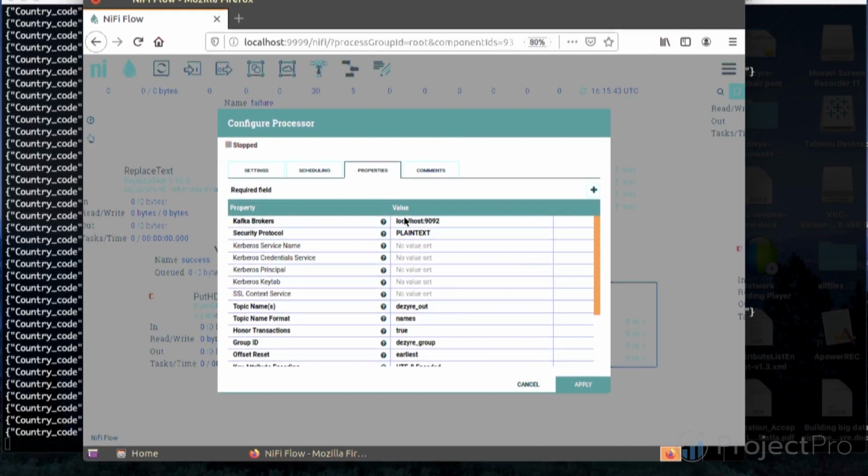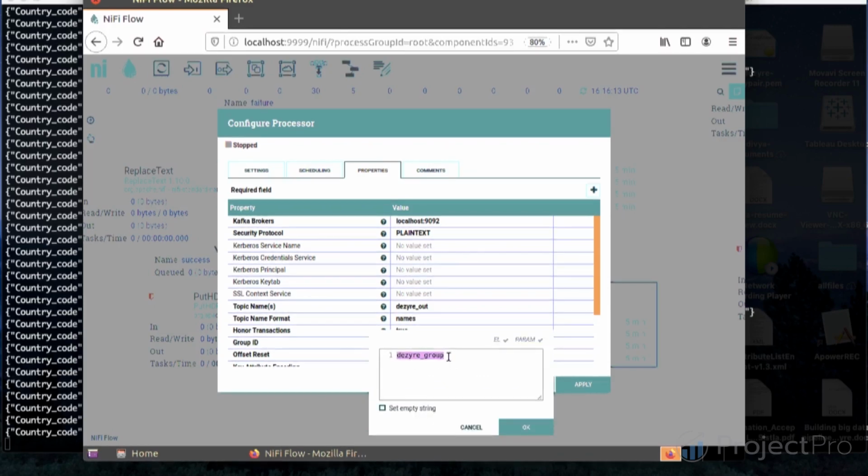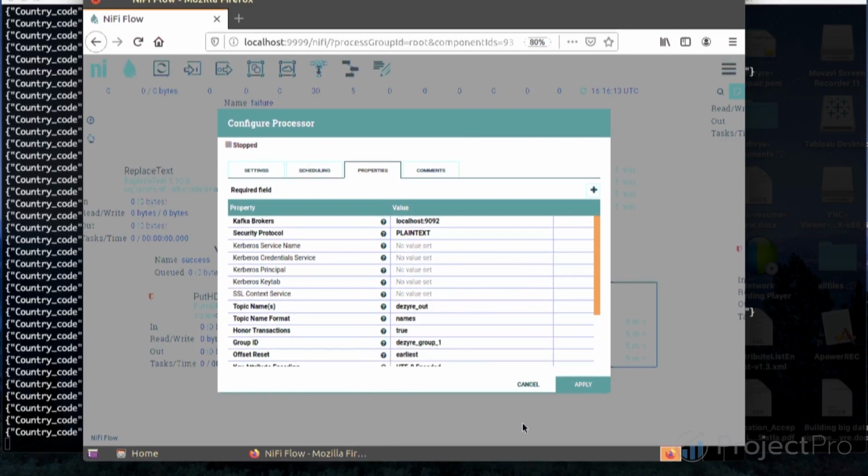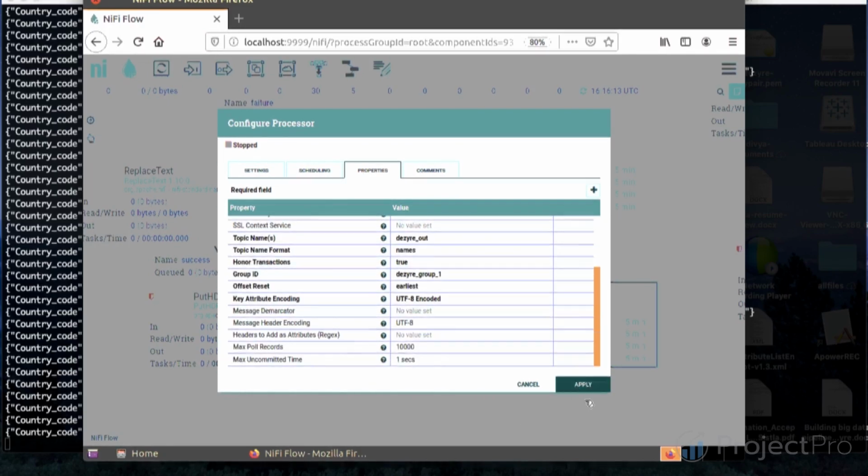Here we specify the Kafka brokers, the security protocol if we have plaintext, SSL or SASL, the topic name as desire out, and a group ID. Each time we run this ConsumeKafka processor, we need to change the group ID name in order to avoid data conflict, and configure the processor accordingly.